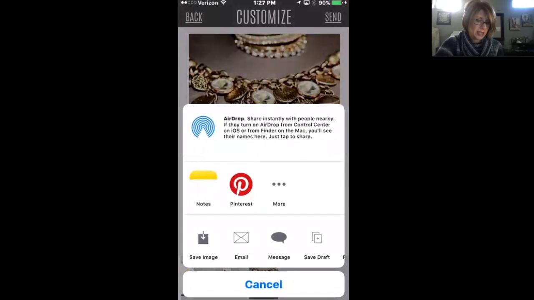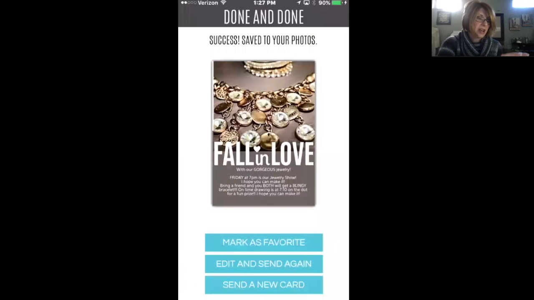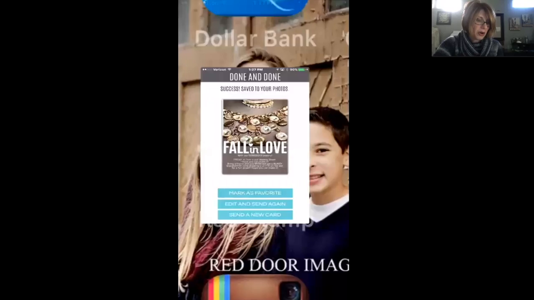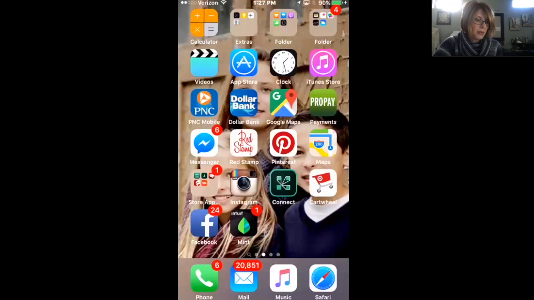So that is saved right in there. So you can have fun playing around in this and making fun things. Oh, by the way, with Pic Collage, all I would do is go and open